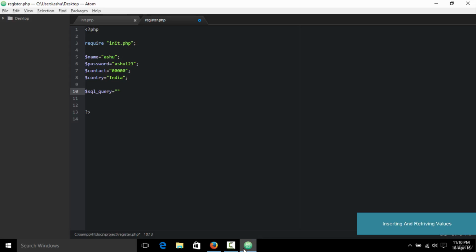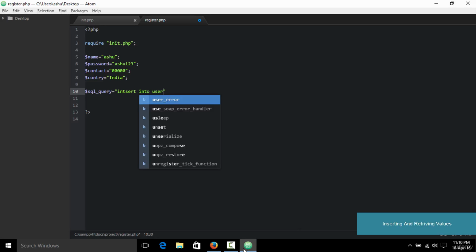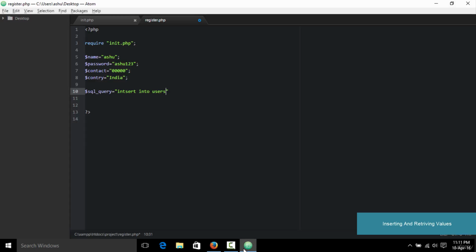The basic SQL query to insert values into the database is insert into, and then we type in the table name. The name of our table is users, so insert into users. After that we type in VALUES,